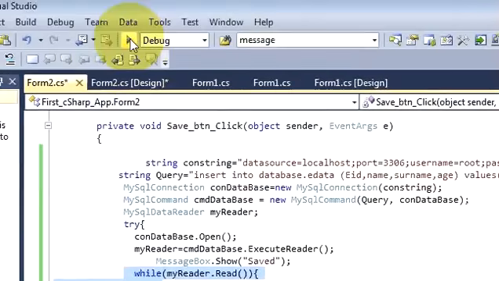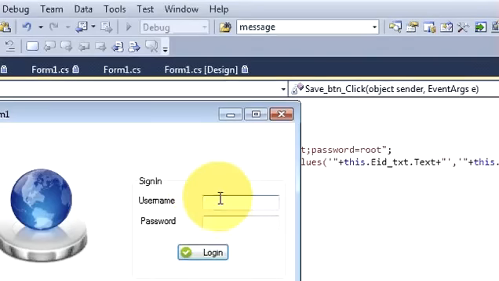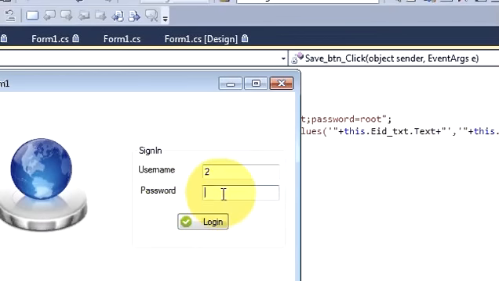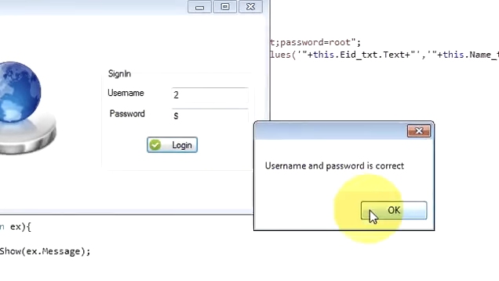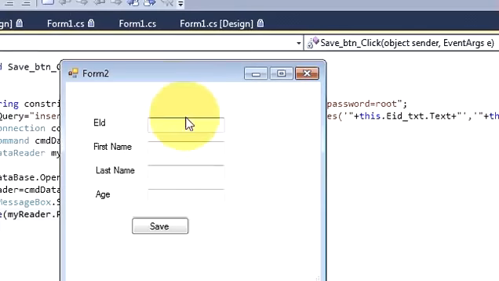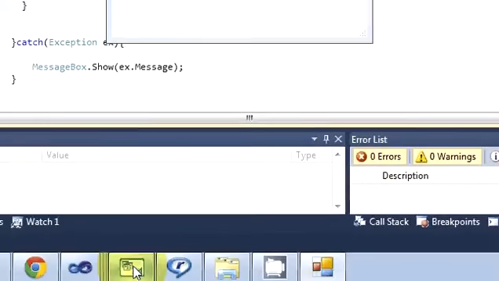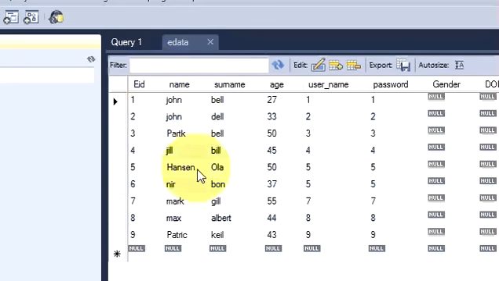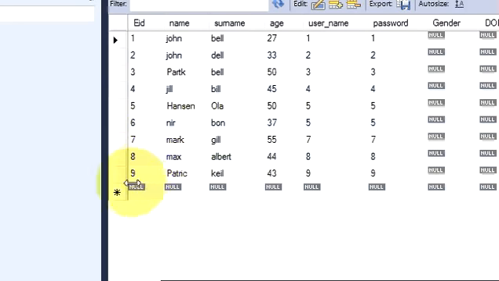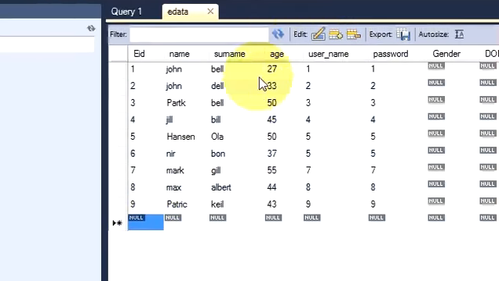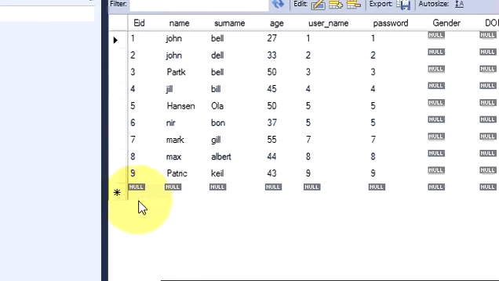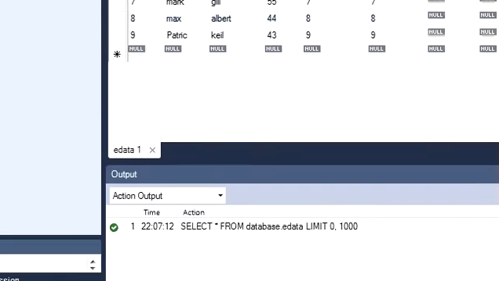And now when I run my program, this is the login frame, so I will just go to the second form, and before that we will see the data in the database. Till now I have 9 employee IDs in my database. I will add the 10th employee ID. So I will refresh this, no more employee IDs are present. So I will add a 10th employee ID,